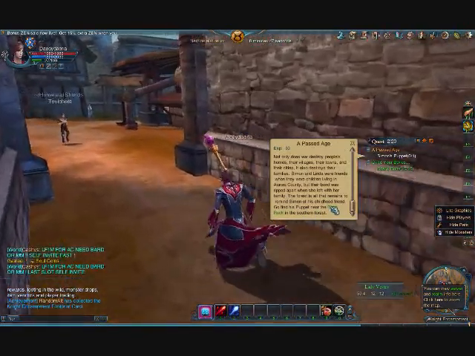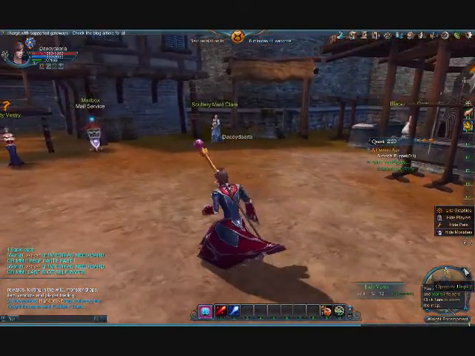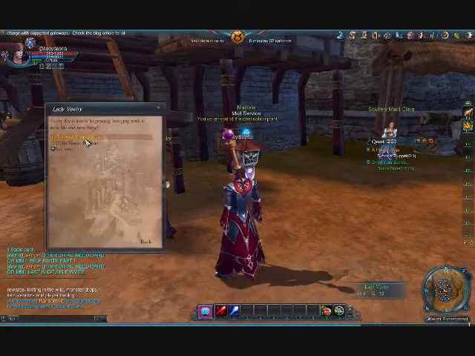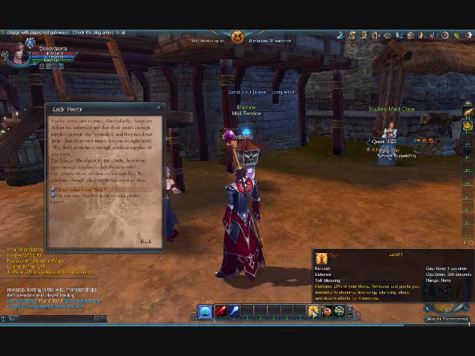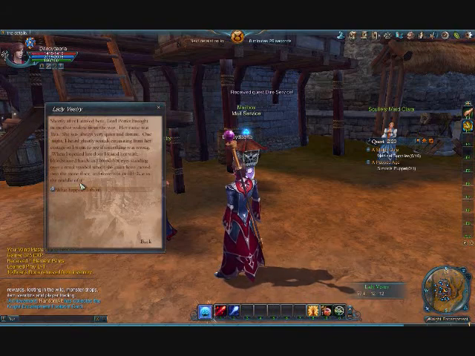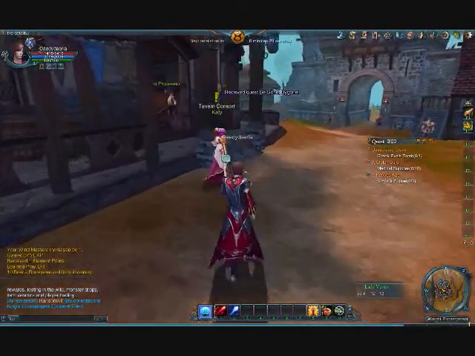We're going to need to find his puppet. His name is Tool Chest. Ooh, new skill. I'm pretty sure that just restores 25% of my mana. Useful. Definitely useful. Pick up a couple of quests,